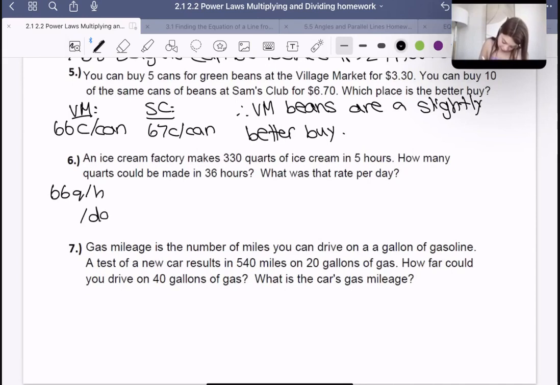Now, how do we get the quarts per day? Well, if we know it's 66 in an hour and there's 24 hours in one day, if we do 66 times 24, we get 1,584 quarts per day at that rate. So that's the rate per day. And then they ask how many could be made in 36 hours. So for that, we do 66 times 36, which gives us 2,376 quarts can be made